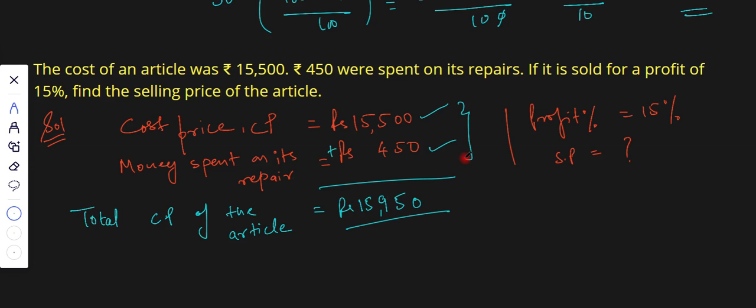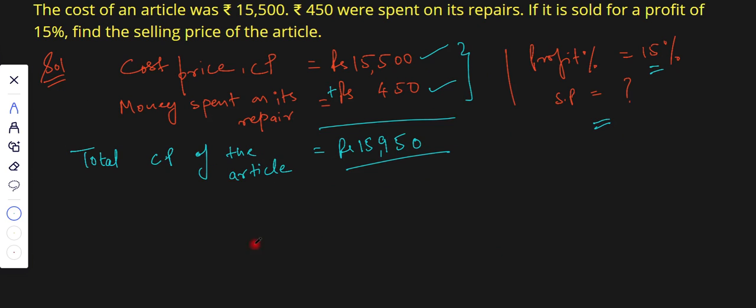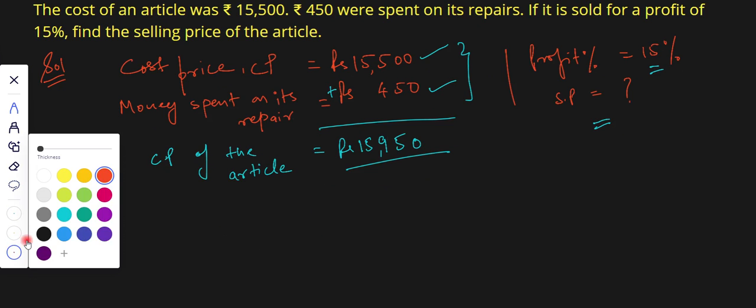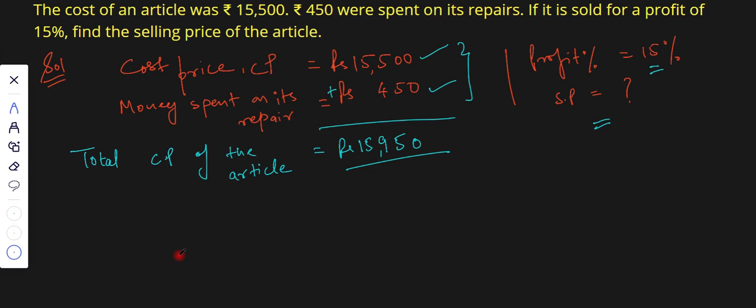Suppose I'm purchasing some article of rupees 15,500, and if I need to spend 450 rupees more on its repair, that means the total amount I have invested in that article is 15,950 rupees. Now profit percent is given to you in the question, 15%, and SP you need to calculate. So again go for that formula. I'll choose some different color. The formula is